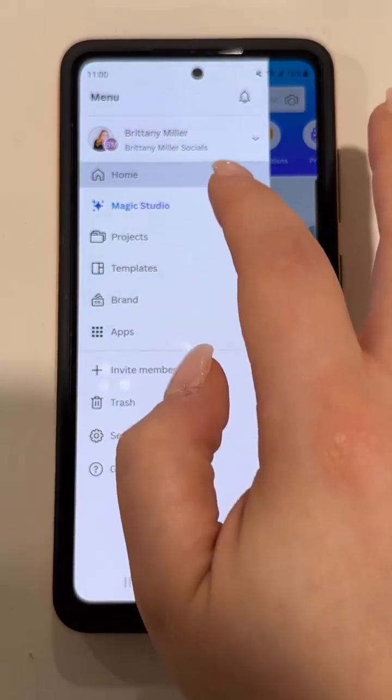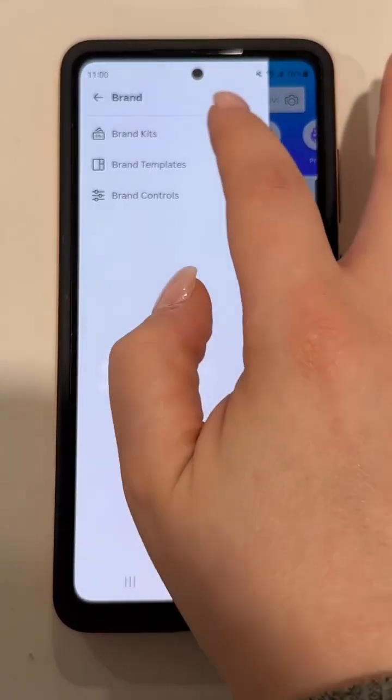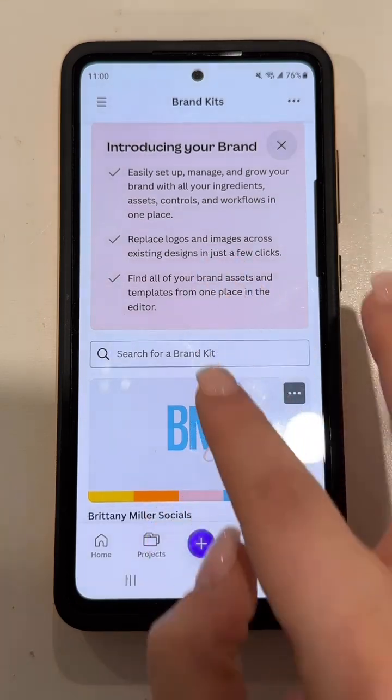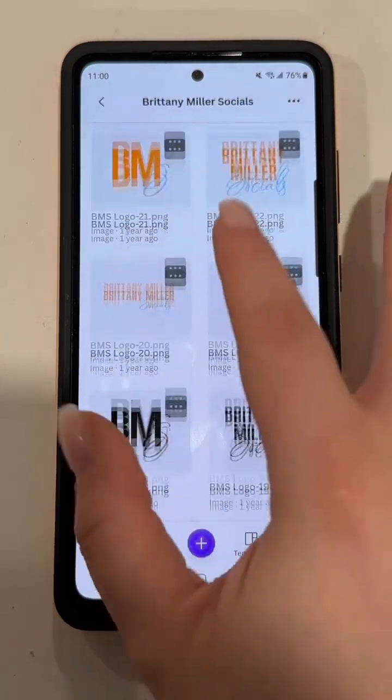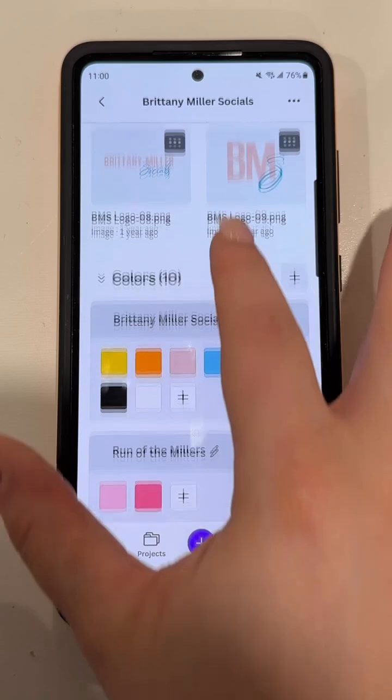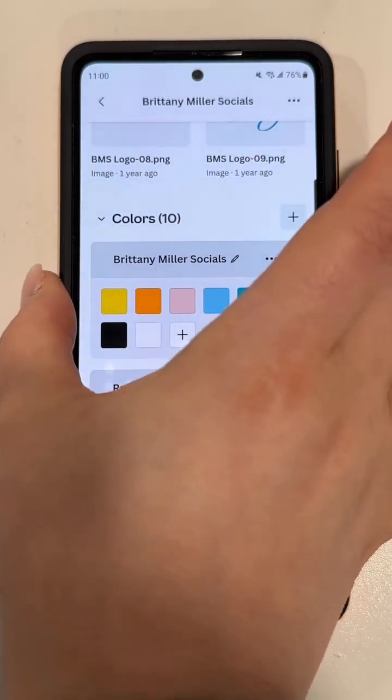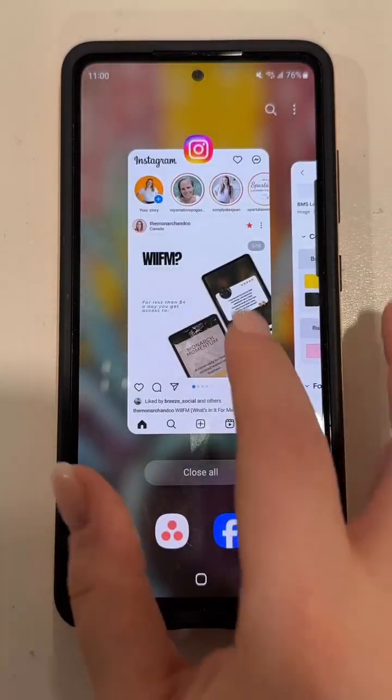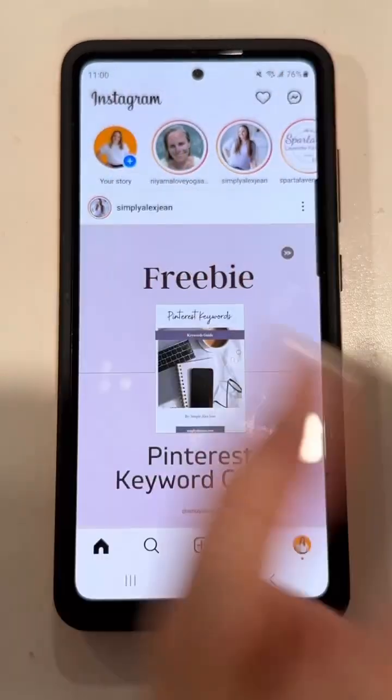So open Canva and then navigate to your brand kits, select your brand kit, scroll down until you find your colors, take a screenshot, then you're going to open Instagram, create a new story,